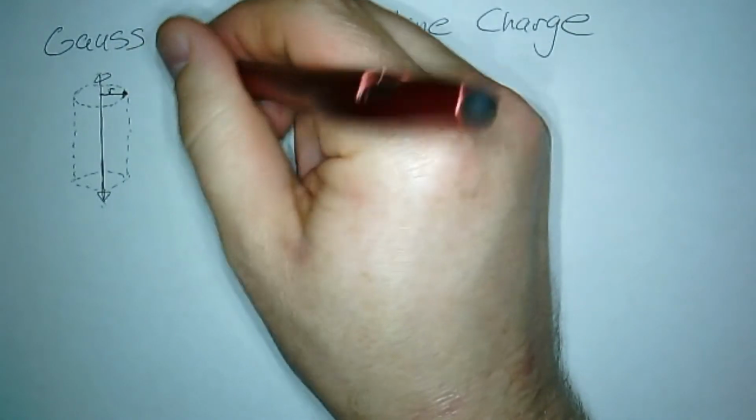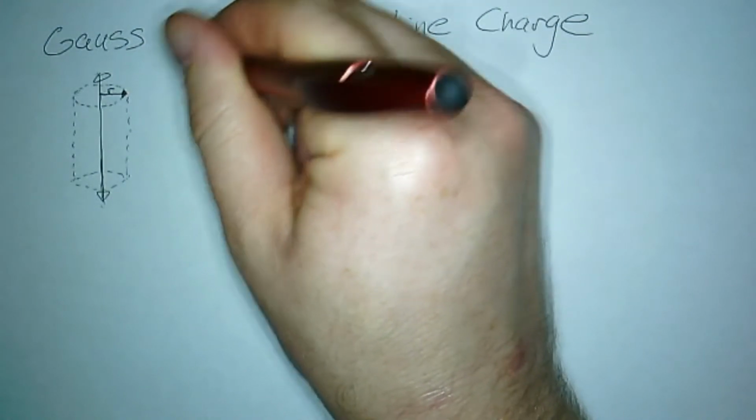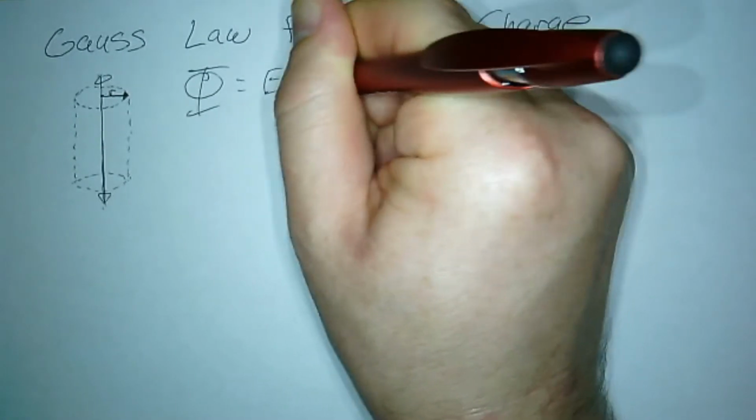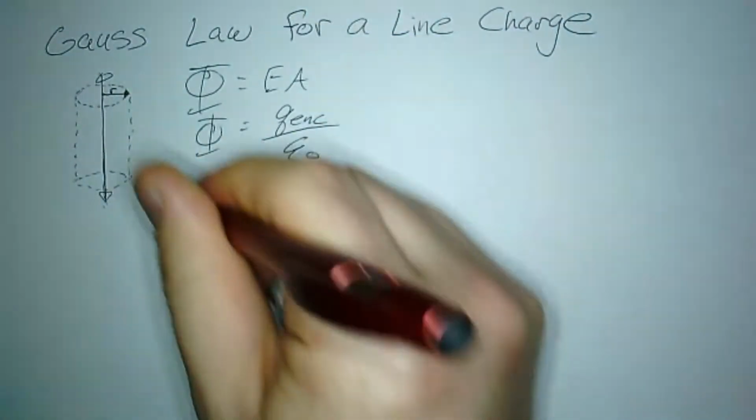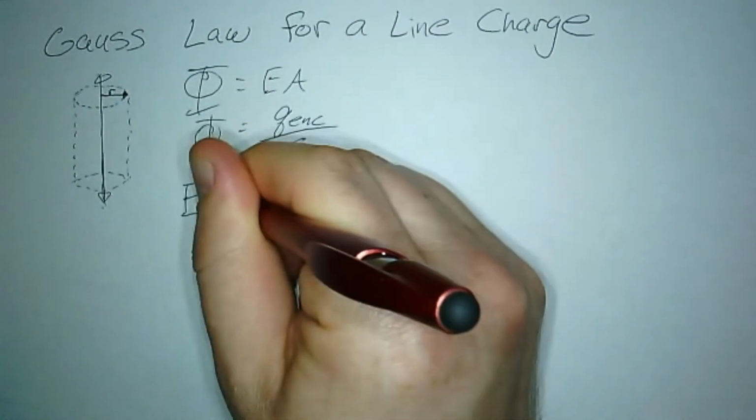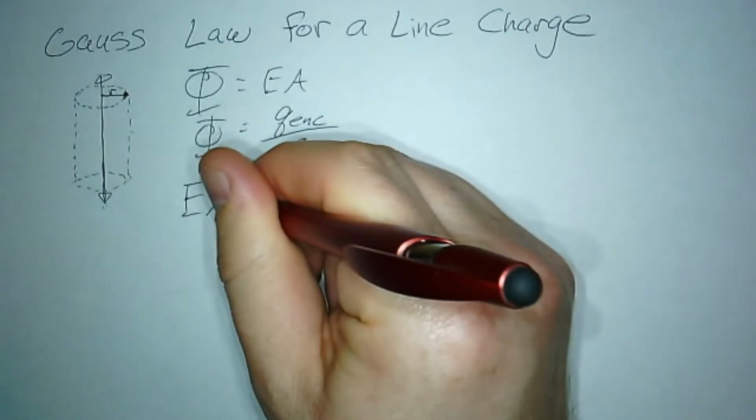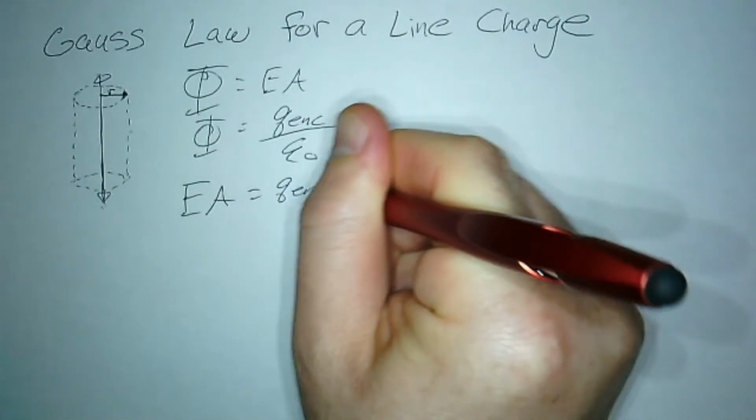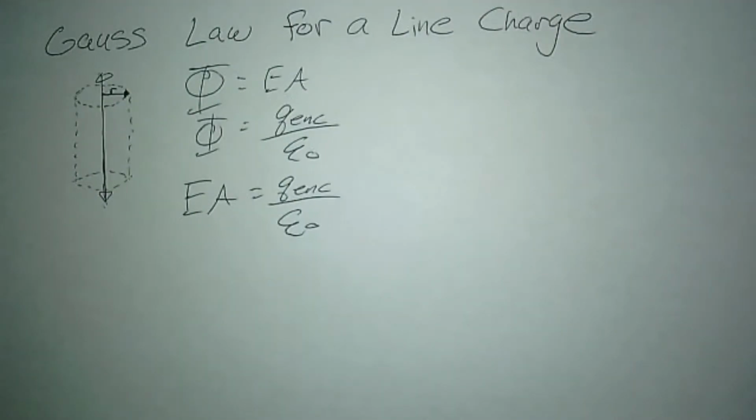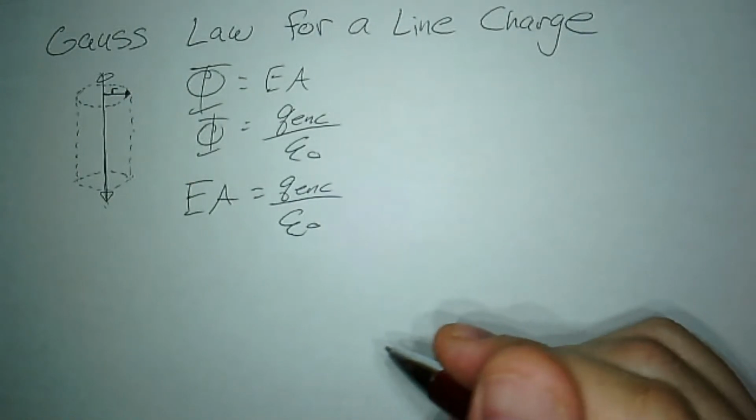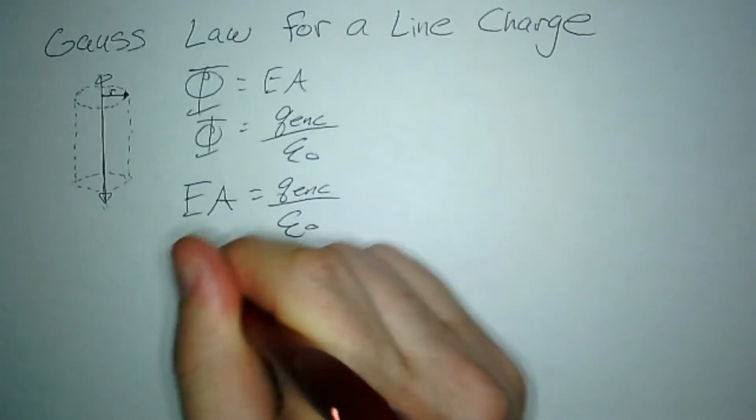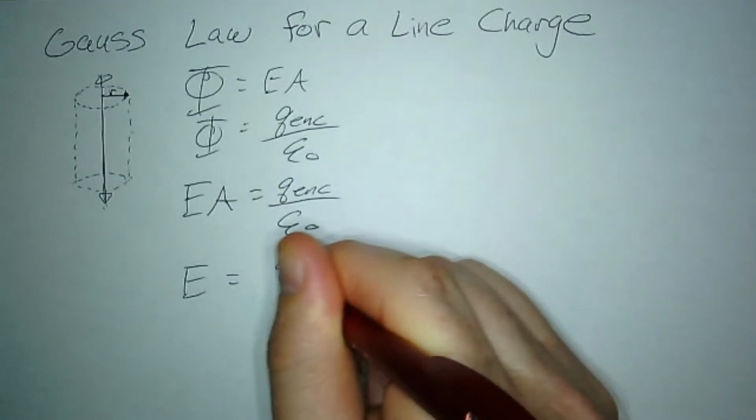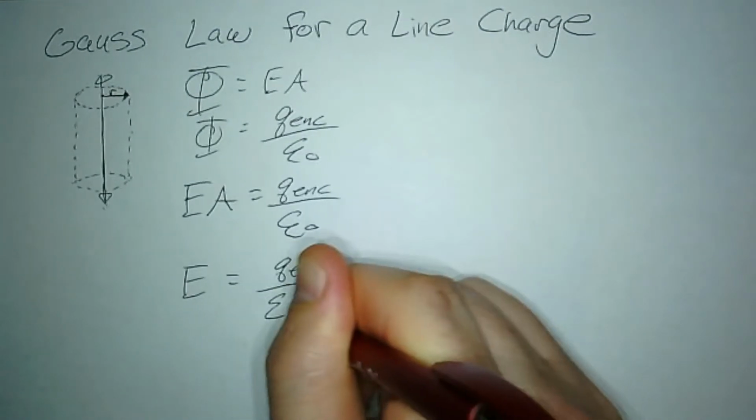So what I'm going to do is go back to Gauss's law. Once again, you can write it as flux equals EA and flux equals charge enclosed over epsilon naught. But I kind of just like to say EA, electric field times the area, is equal to just charge enclosed over epsilon naught straight away. It's fine if you want to do that. So we can easily just go ahead and say the electric field is equal to charge enclosed over epsilon naught